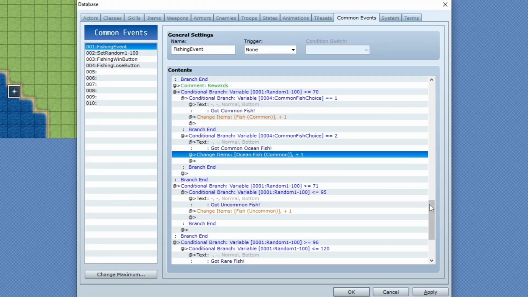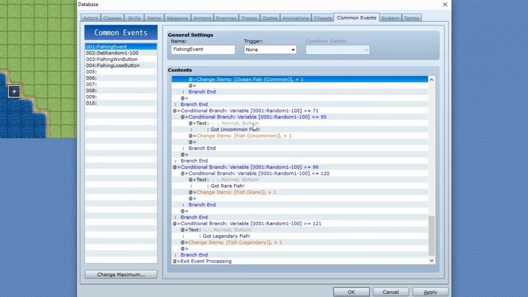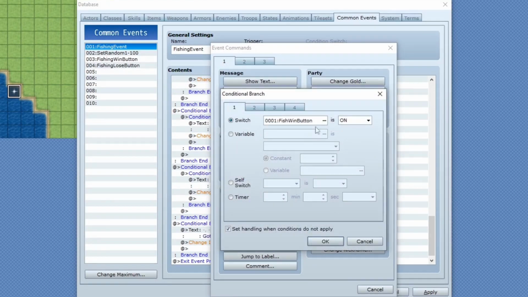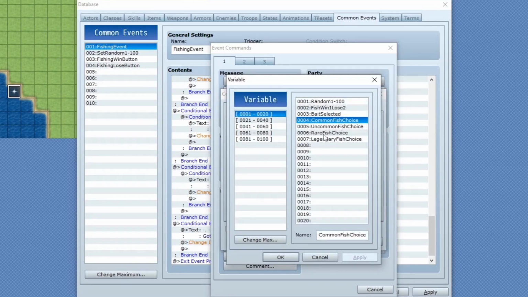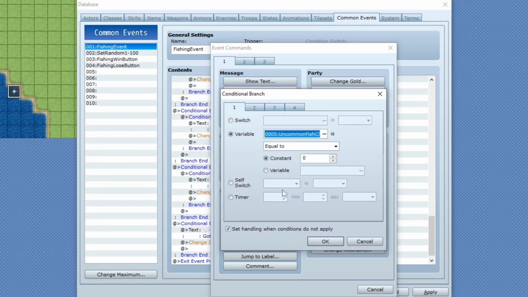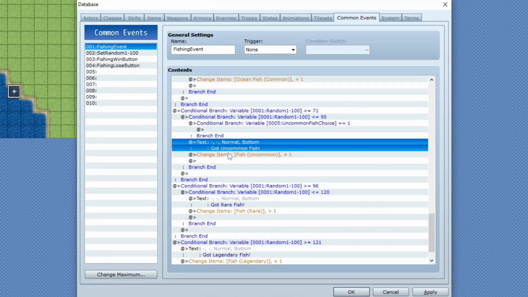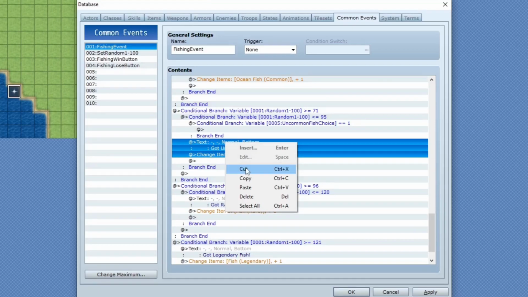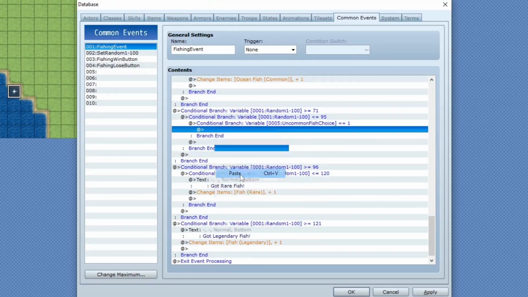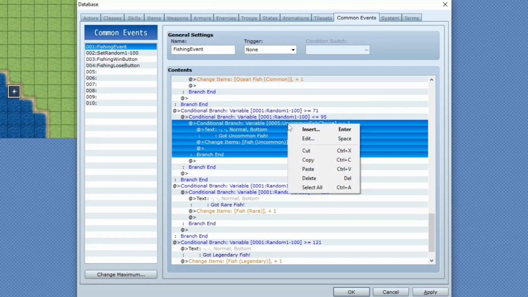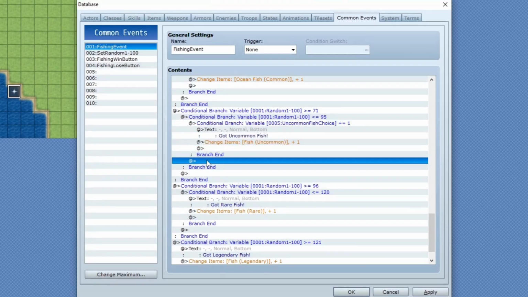Now we can do the same thing for the other rarities. Add the text, add a conditional branch, a variable, uncommon fish choice, set to 1, equal to 1. Make sure this is not checked. Click OK. Then we can copy or cut and paste these 2 inside of that branch. Then we'll be able to copy this whole uncommon fish choice, paste it below itself,